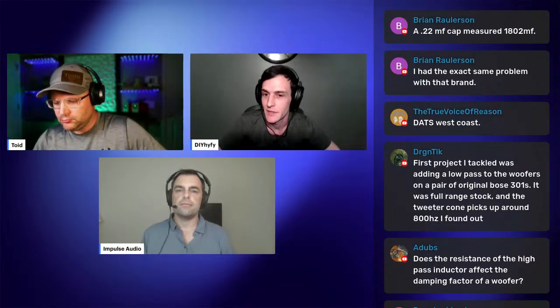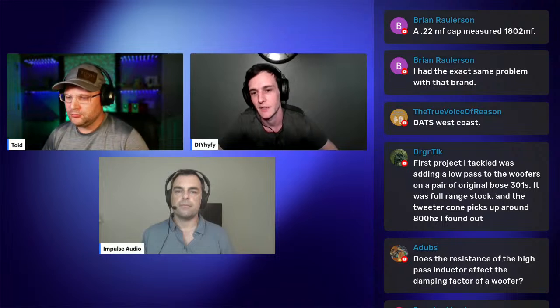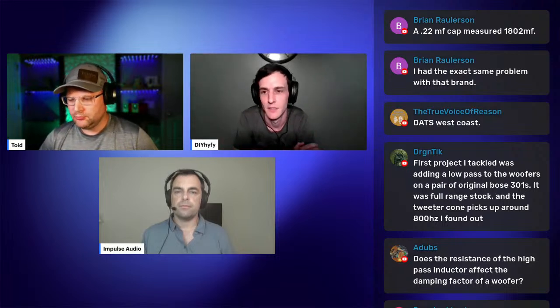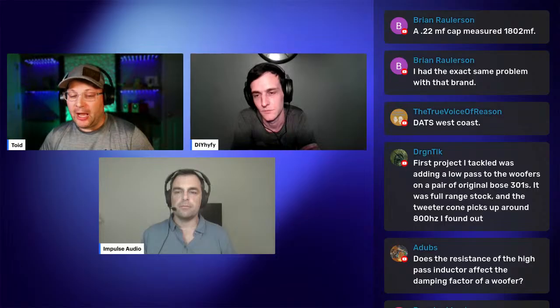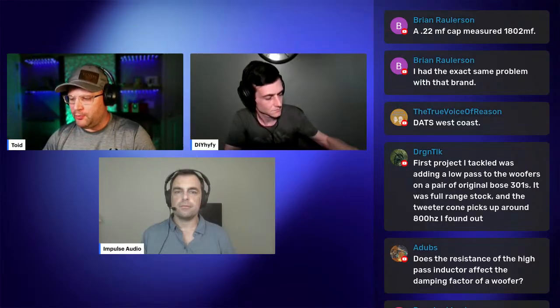A first order capacitor we would use on a tweeter circuit. Well, not necessarily on a tweeter circuit, but we would use it to roll off the low frequencies. So it would be commonly used as a first order crossover in a tweeter, to high pass. Basically, stop the bass from going to the tweeter. And so this is important to know because a lot of people will do